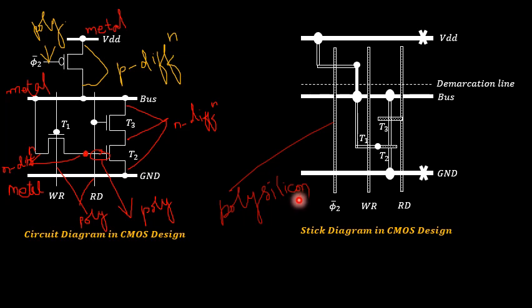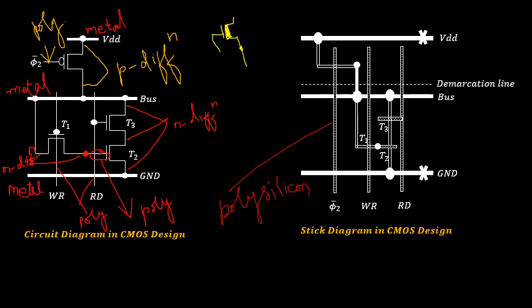If the same is asked in terms of an NMOS design, the pull down part will remain as it is. All the pull down transistors, there is no difference between your NMOS as well as CMOS. In case of pull up, if I am following NMOS design, I am having a depletion type of transistor present whose gate terminal will get shorted towards the drain terminal. So this is what you are having. So this is the pull up part if you are following the NMOS design style.